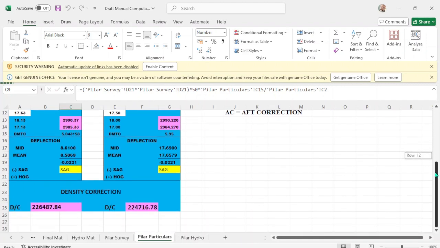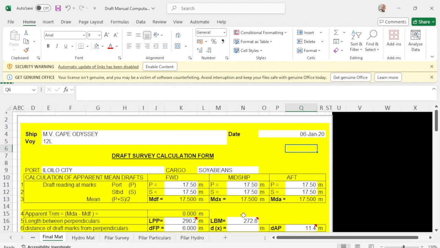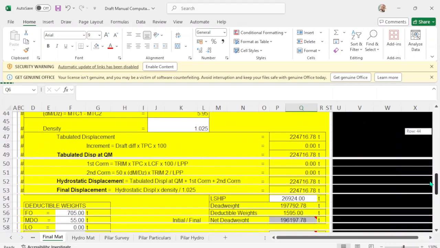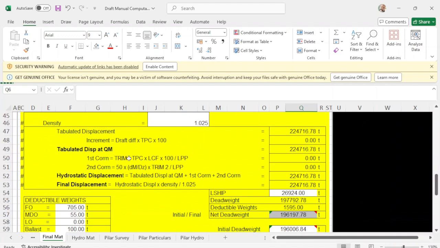Okay, and you have this density correction, which I have this formula for initial, and density correction for this formula. Not unlike this form, it's already here. So you have here the trim correction 1 and 2, and you have your density correction here.